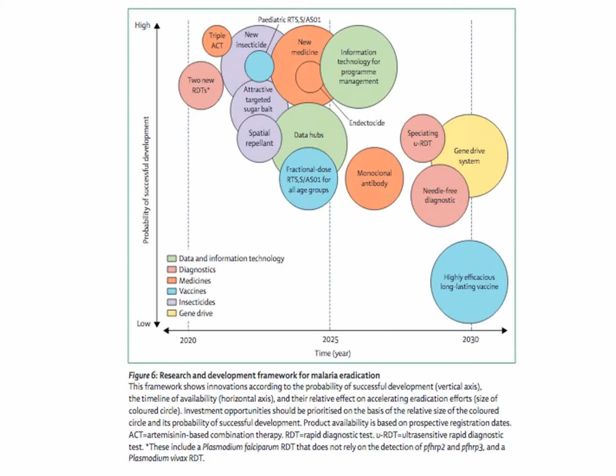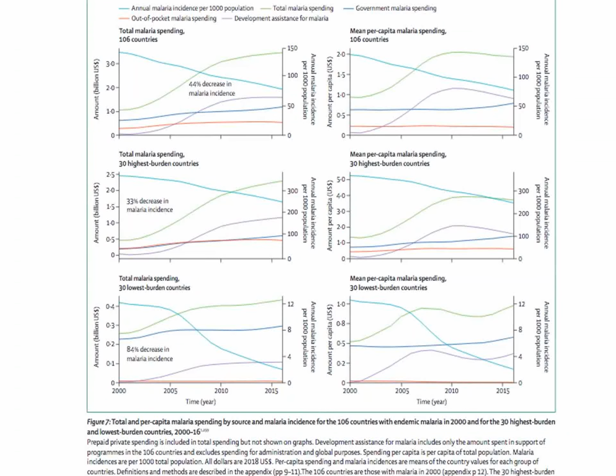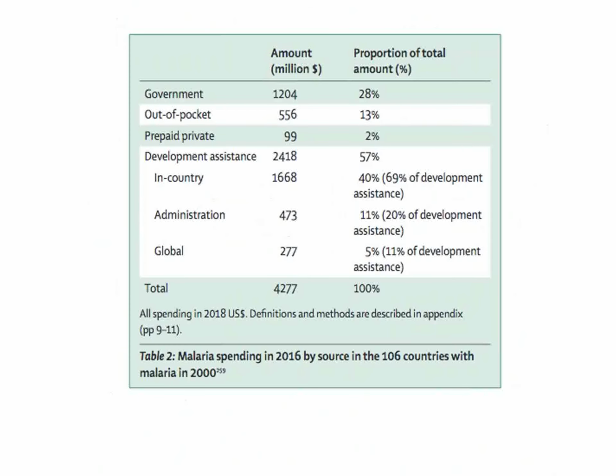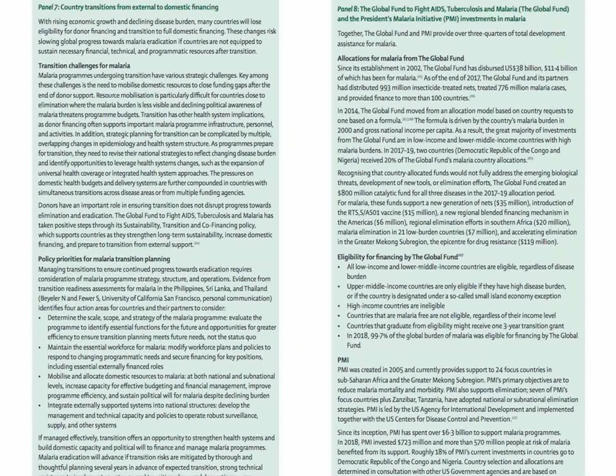politically not correct. So I'm all in favor of highly efficacious, long-lasting vaccines, and perhaps by 2030, something like that will be available. And then hopefully the conditions will be on a downward trend. The estimates, government out of pocket by the patients, how much the governments expend, how much development assistance programs, which makes up the bulk of the funding for this sort of thing, and what would be necessary in the future, the authors already emphasized in their